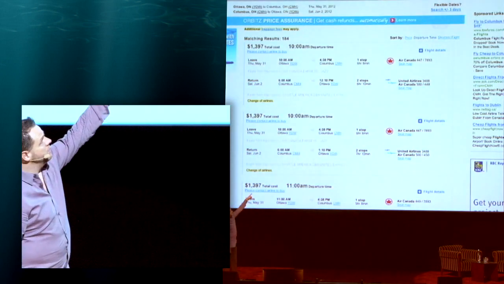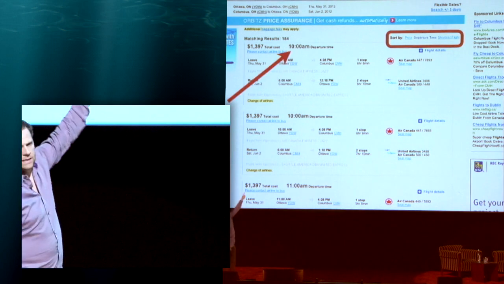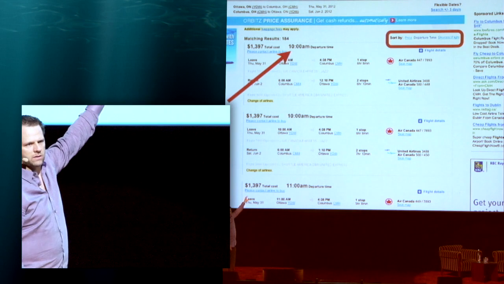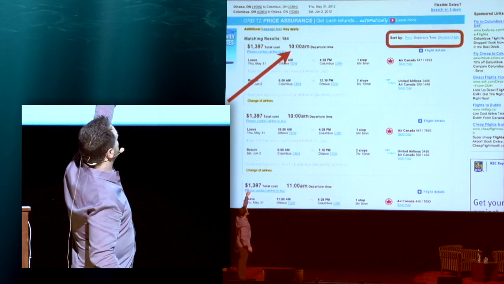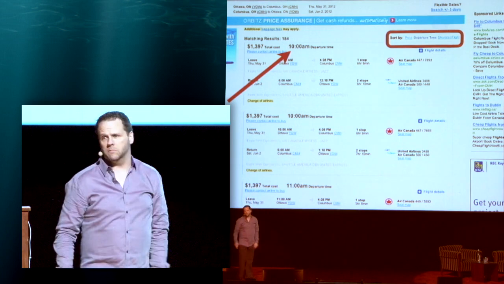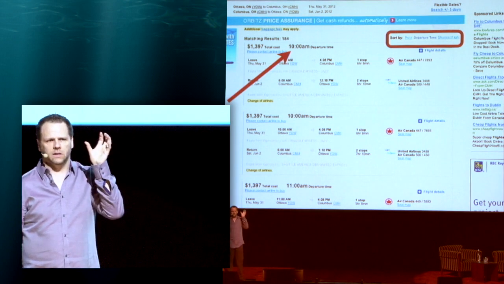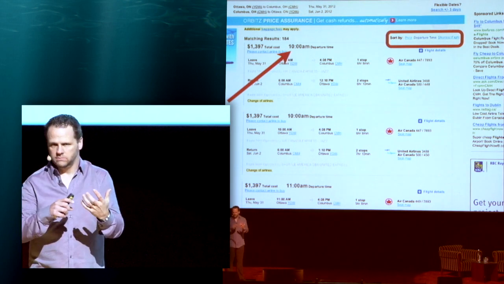So that when we say, I'm going to sort by departure time, we change it so that we bring that departure time up from the middle of the record and put it right at the front, so that the very first thing in that heading is that it's $1,397 and it's a 10 a.m. departure time. So now, when somebody is using a mobile phone and they are scanning it quickly,